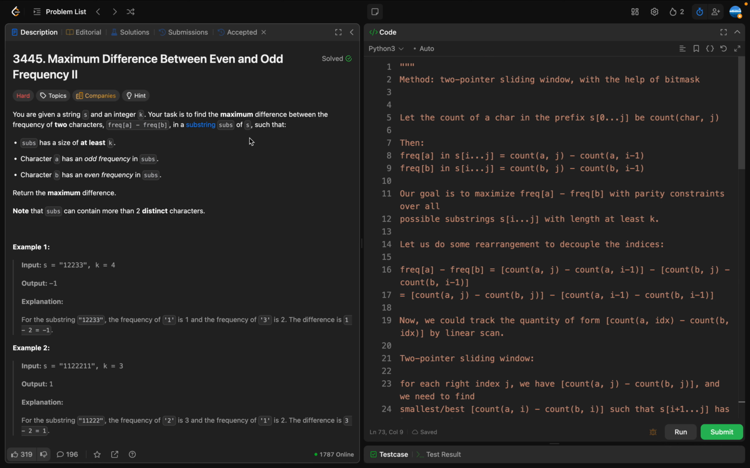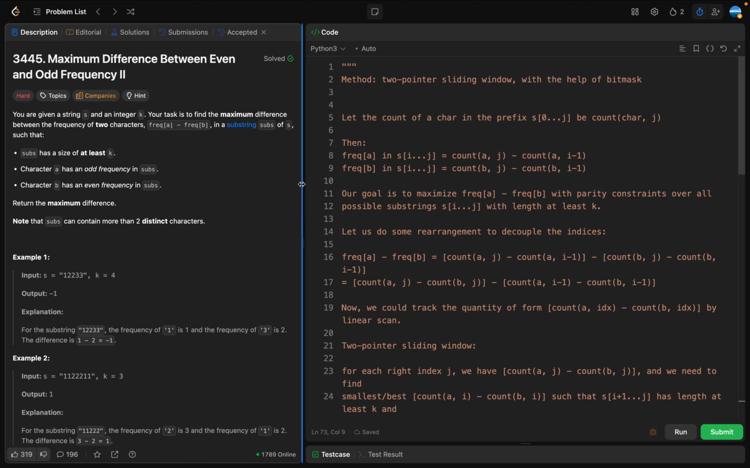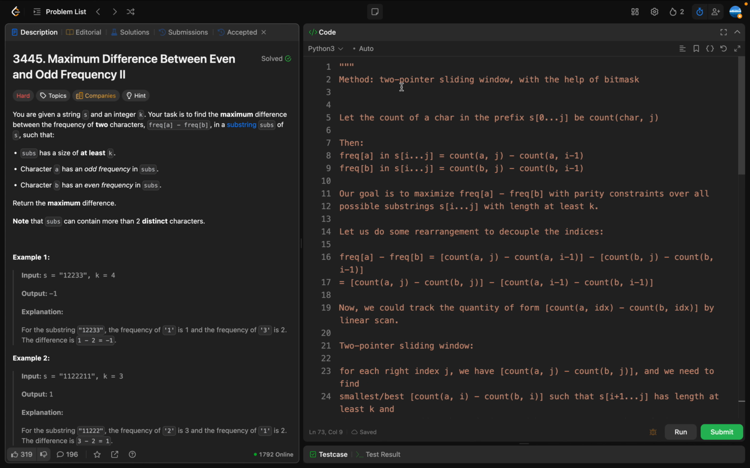Let's have a look at problem 45, maximum difference between even and odd frequency. This is the second of such problems. This problem is marked hard by LeetCode. So here in this video, we're going to address it using the two-pointer sliding window method, but with the help of